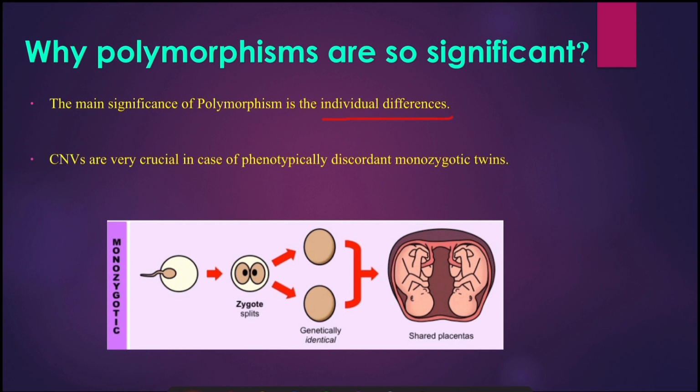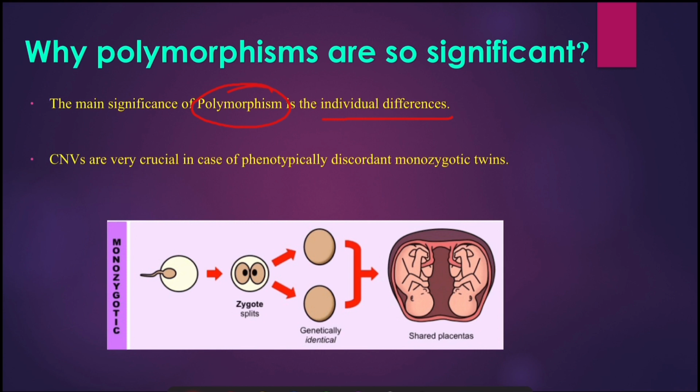So, what causes these phenotypical differences? It is the polymorphisms that make each of us different from the other. Related individuals like father and daughter, mother and son have very closely related SNP variations compared to unrelated individuals. That is the reason why we somewhat resemble our parents.